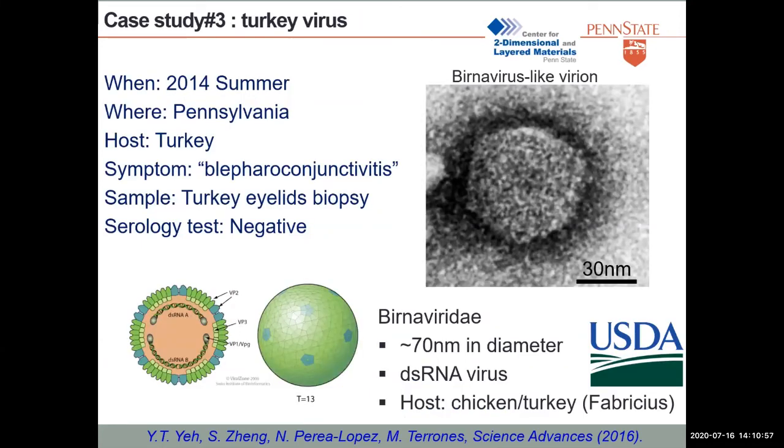We also did another case study with another turkey virus from the eye, and this is the type of virus that is there. It's a bit narrower, and again, we were able to detect this virus, which was not possible to detect if you just use normal tools like PCR tools. And in this case, it was just from the eye of the turkey.